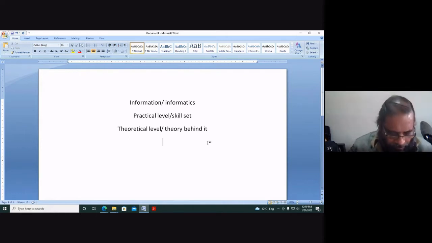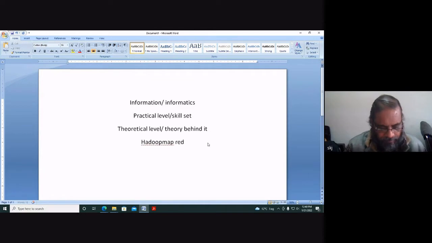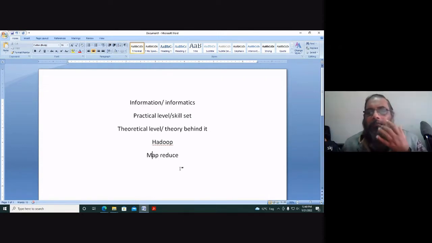Okay. So next is Hadoop, and the programming model that is to be used here, that is MapReduce. So can Hadoop or big data analytics be applied to all kinds of problems? Is there any such limitation or not? Second, what is this